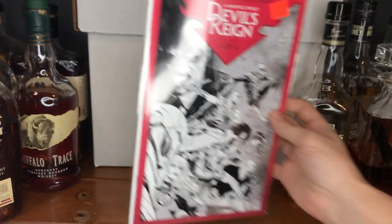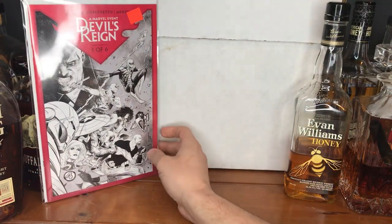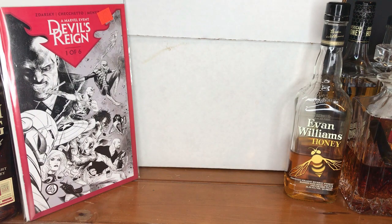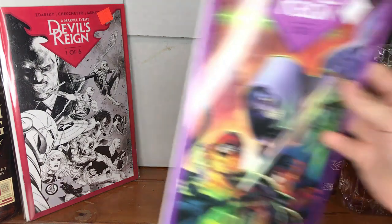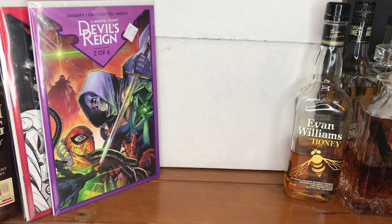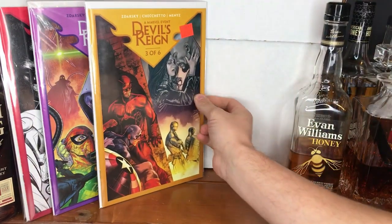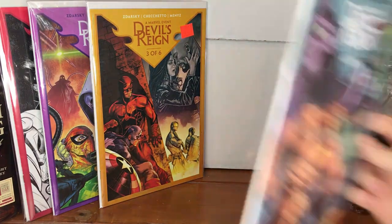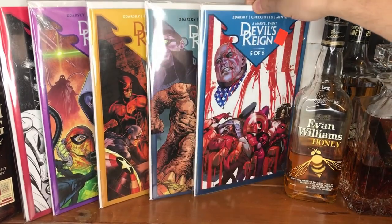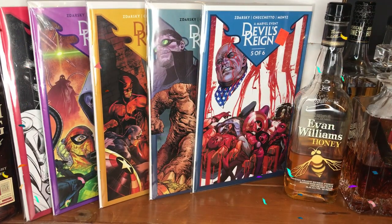set of comics. This is Devil's Reign, issue number 1 of 6. This was Zdarsky's big event on Daredevil, and I did pay a little bit more for these, but I was able to get issue 1, issue number 2, issue number 3, issue number 4, and issue number 5. Sadly, no issue number 6,